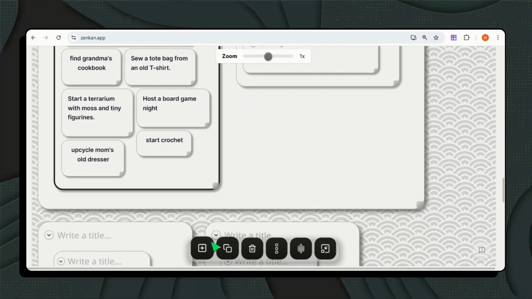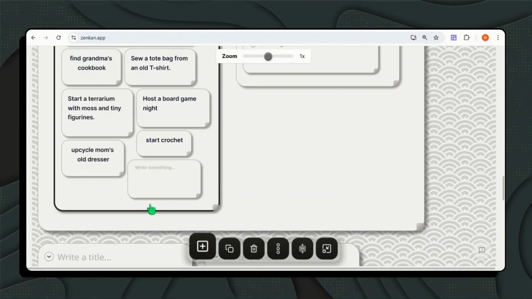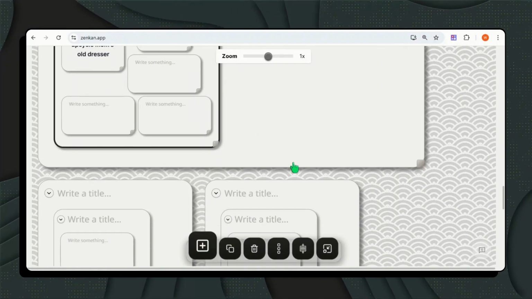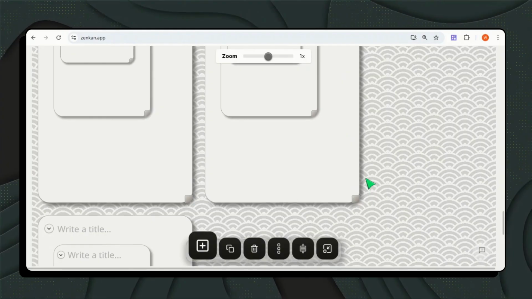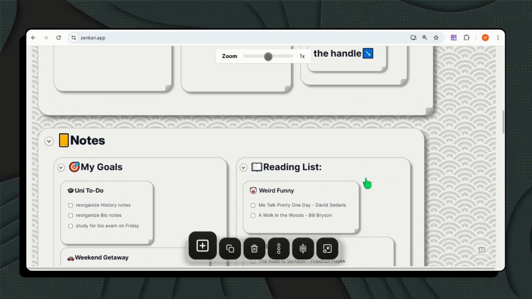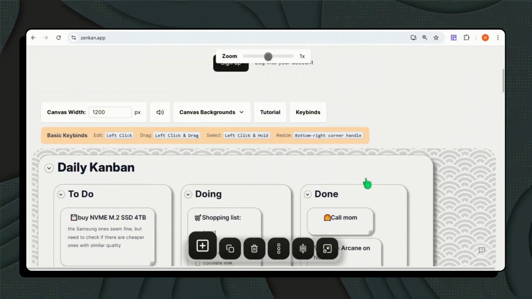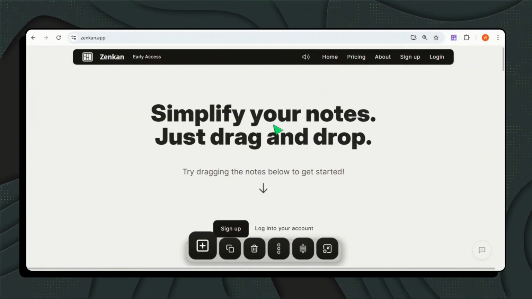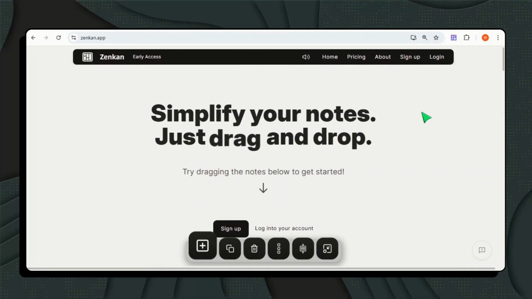You can create multiple boards for different areas of your life, like work, personal, or side projects. It's free, visually appealing, and super intuitive, making it great for managing tasks, notes, or brainstorming sessions. Pro tip: set up a board for your content creation pipeline, script ideas, filming, editing, and publishing to stay on